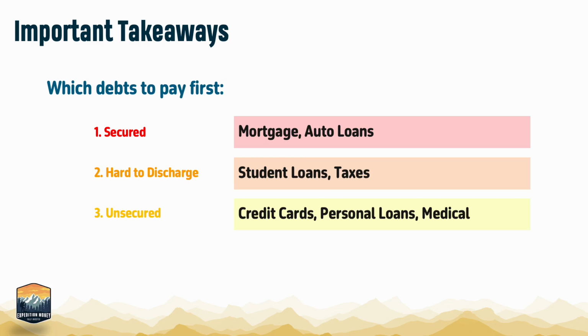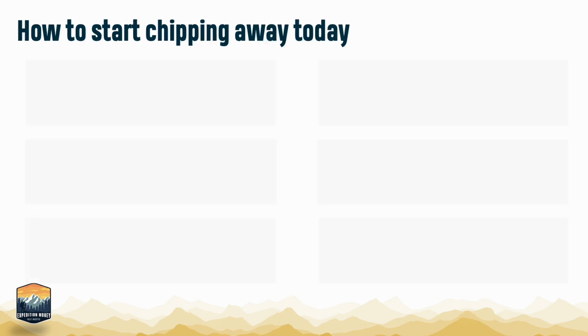However, the main point is that unsecured debts, even though they can absolutely affect us and our credit history, are much more limited in their impact on us, as well as how lenders can collect from us. And we want to be really careful about refinancing or consolidating those unsecured debts into secured debts that might put us at greater risk. And the most important takeaway: how to start chipping away at consumer debt today.